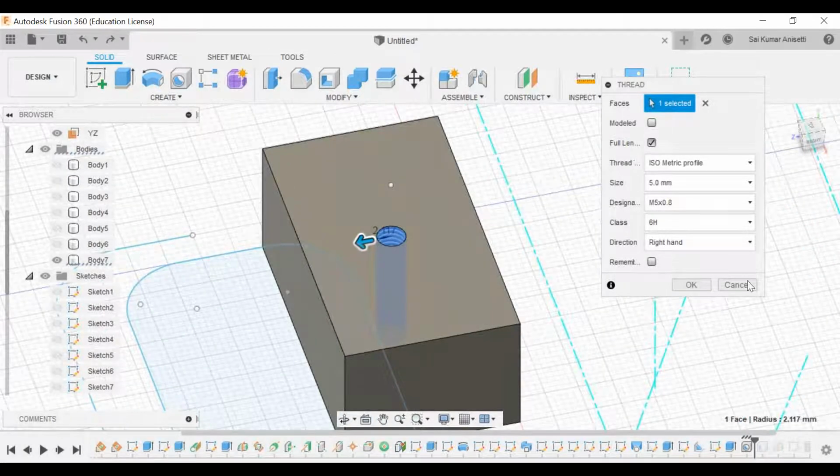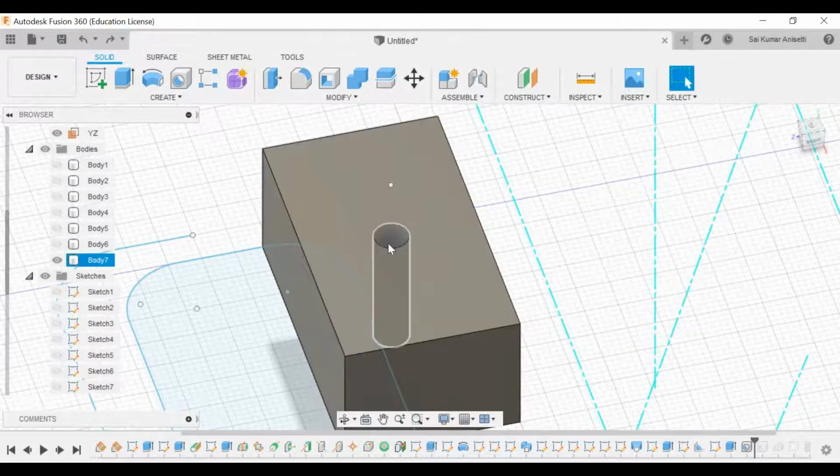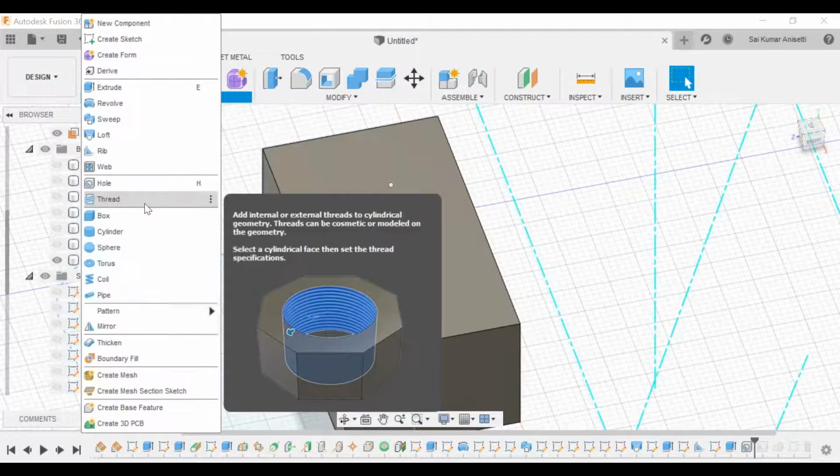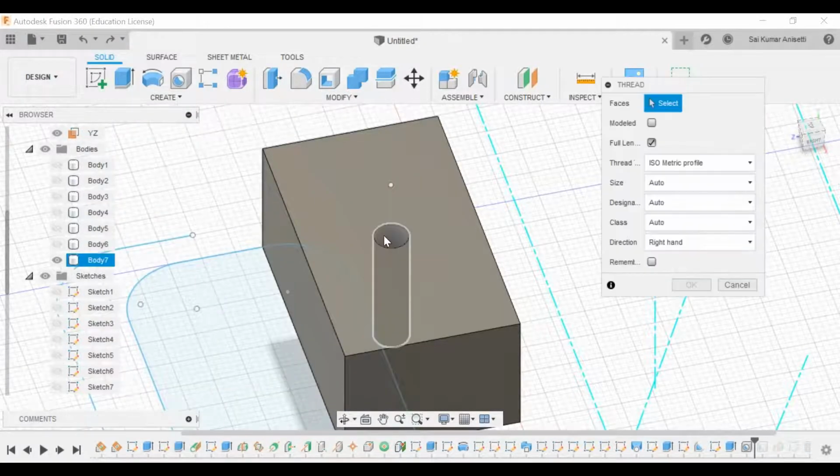Always try to remember, first you will drill a hole of nominal diameter 6 mm. To that 6 mm hole you will make a tap drill, where you will take a tap and make a threaded hole. So for that you need to have a basic hole first of 6 mm or nominal diameter. For that you can make a thread. That is the process. First you need to make a hole. Directly you cannot thread. You need to make a hole, then you need to make a thread.